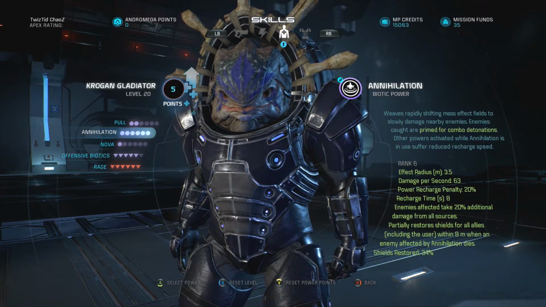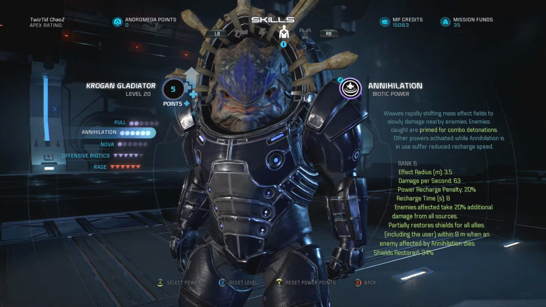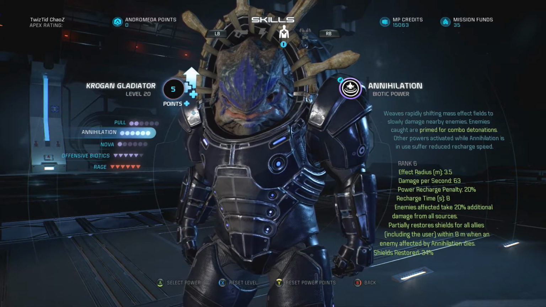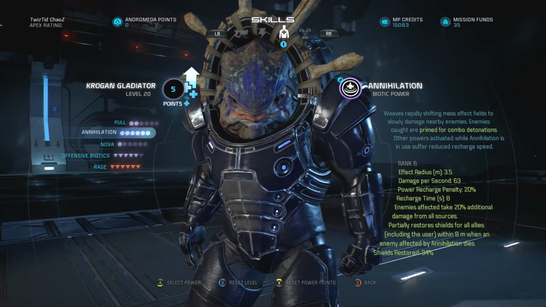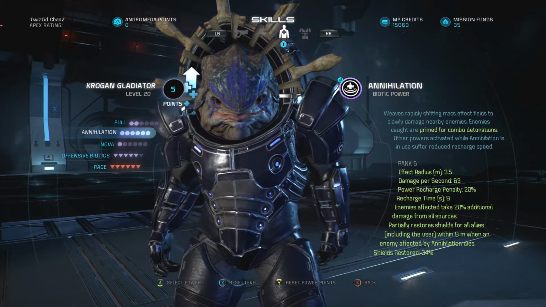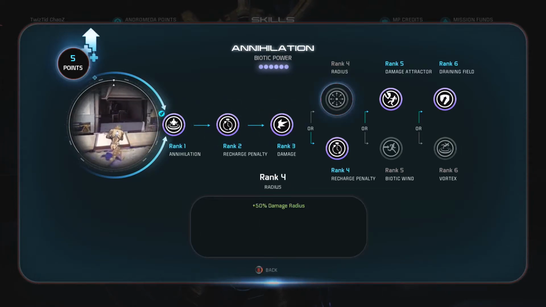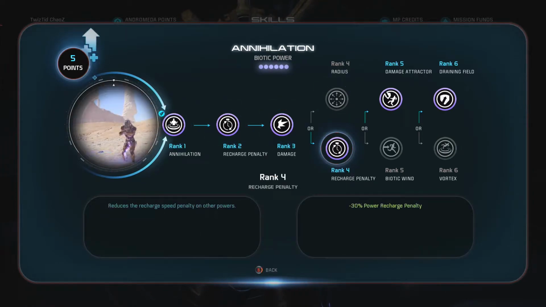Then I went for the Annihilation Field. I maxed it out. This is what makes this character. So you really need Annihilation Field. Most of the time people go for the support and stuff for survivability, but with this character, it's the Annihilation Field that you need. So in the Annihilation Field, rank 4, I went for the recharge penalty over the radius